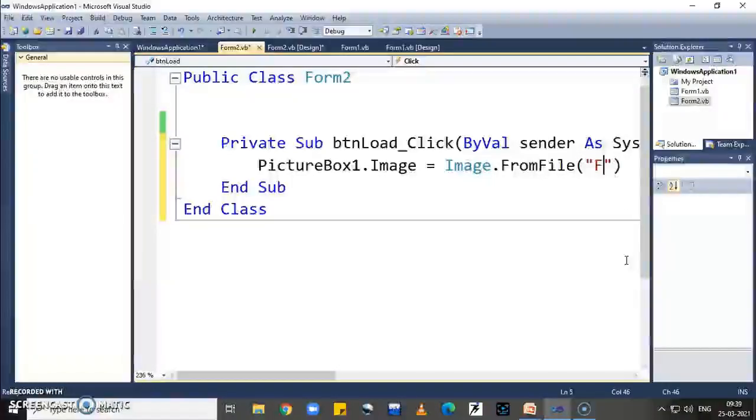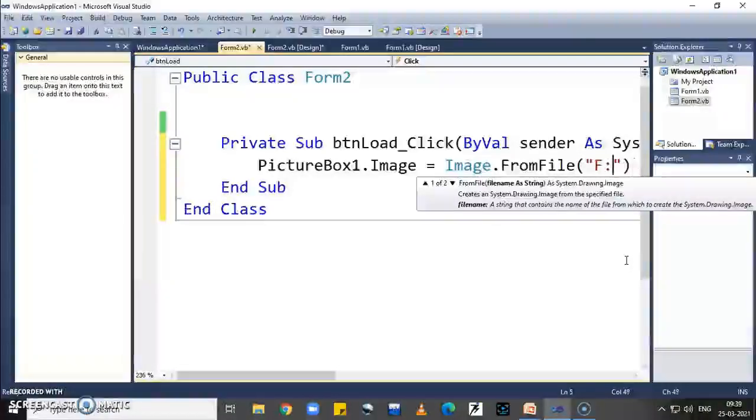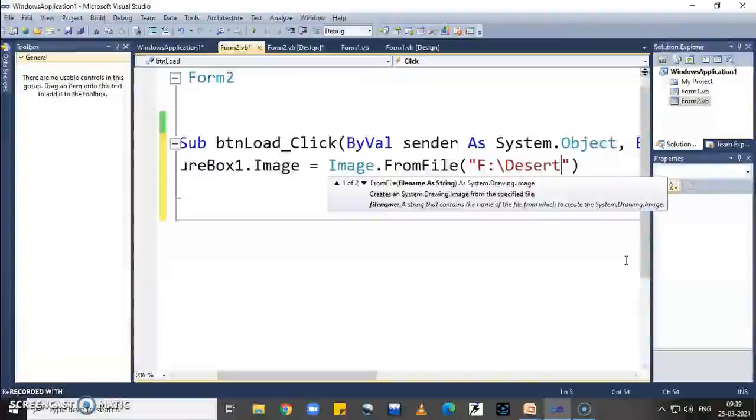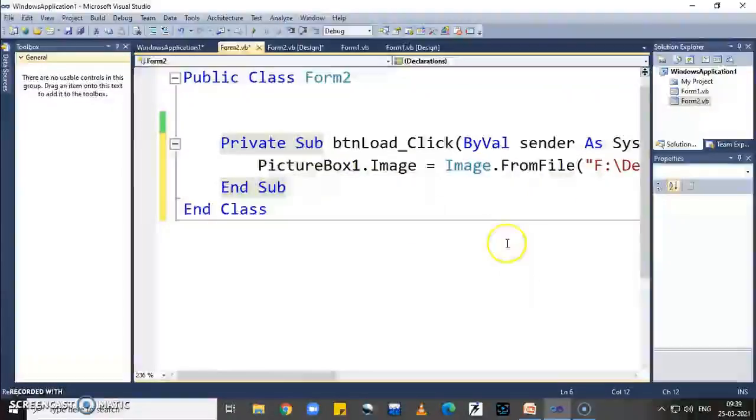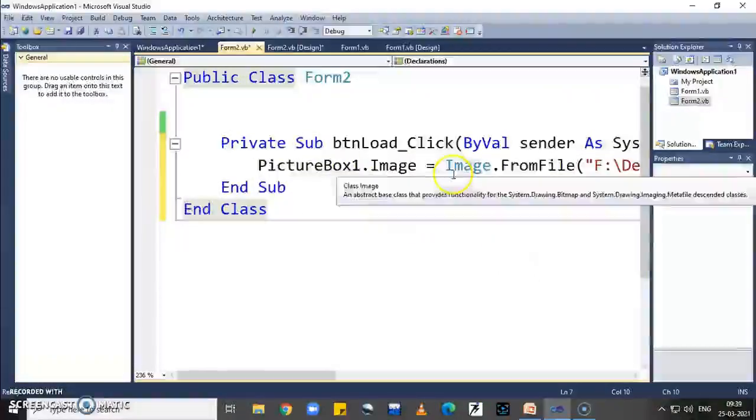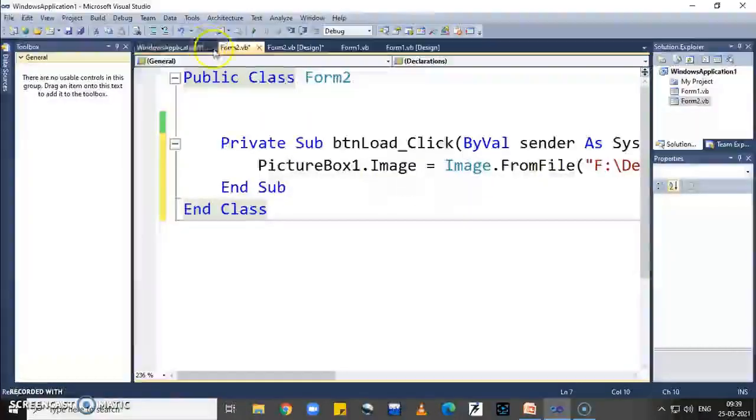So here I write F, and then the path name, picture name, which is desert dot jpg. Jpg is the extension and desert is my picture name. So this statement displays the image in the picture box.